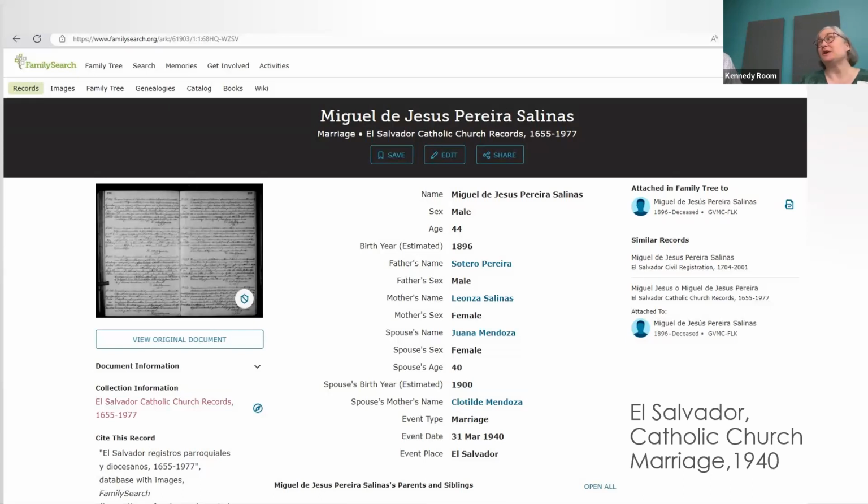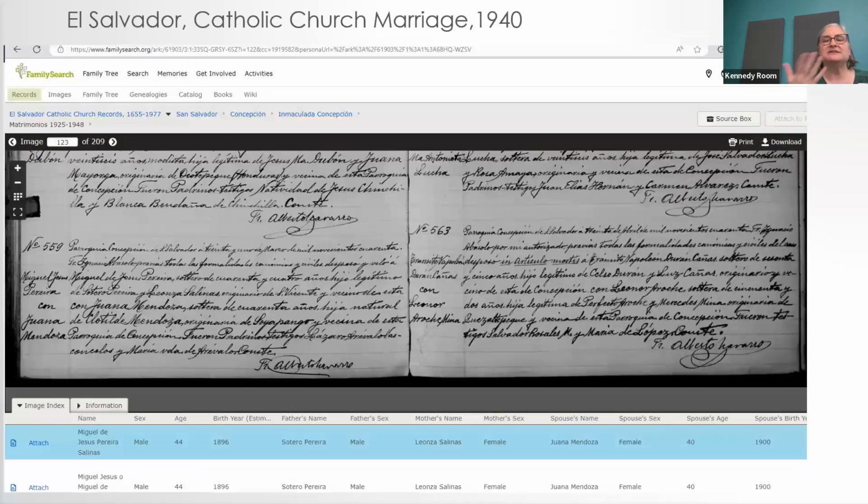You know, we all have stories. Some are more interesting than others. This is another example for El Salvador. This is a Catholic church record from 1940. You will also sometimes see registers that have a grid format, a chart, but I couldn't find any when I was looking. But I went into the record, and the bottom left, number 559, is this marriage of,